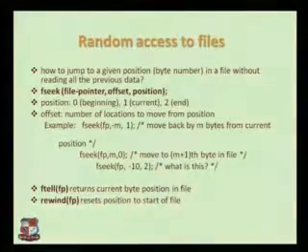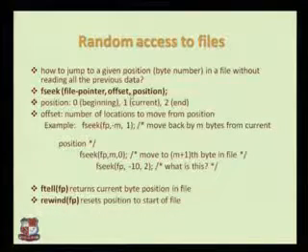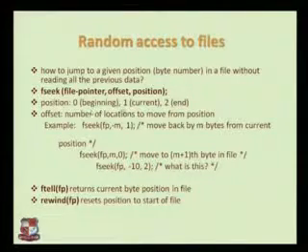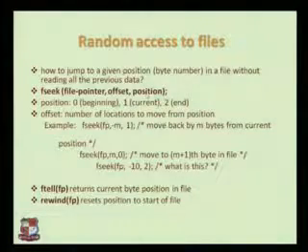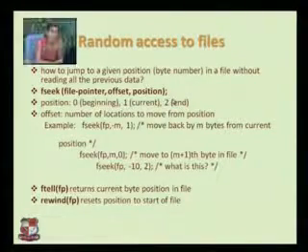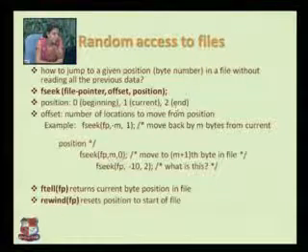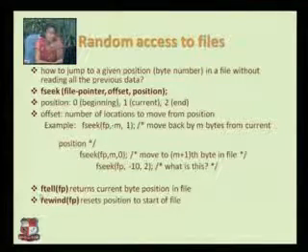Again, some random access functions, as I previously said. fseek is used to seek a pointer. For that you need to specify which file you want to seek on, then an offset, meaning to which position you want to seek, as well as the starting position. If you want to seek from the beginning, you specify 0. If you want to seek some position from your current location, you specify 1 in place of the position. If you want to start from the end, you specify 2. There are some examples I have listed. ftell returns you the